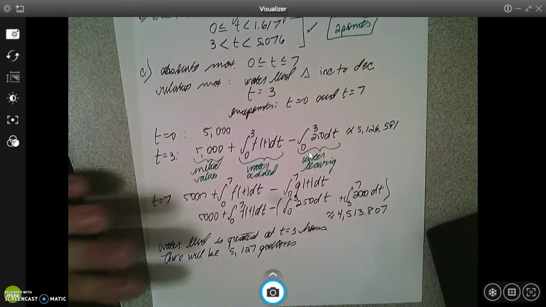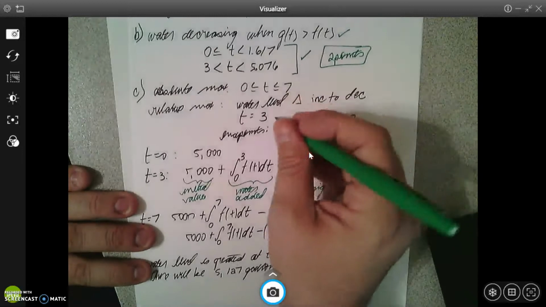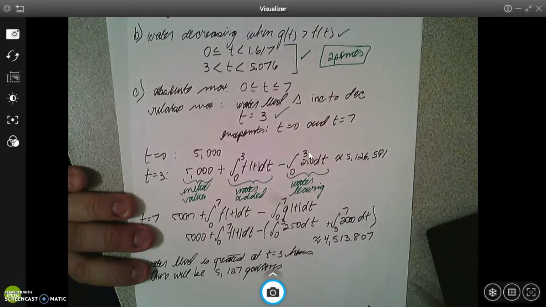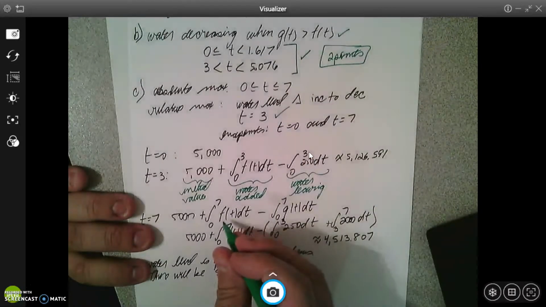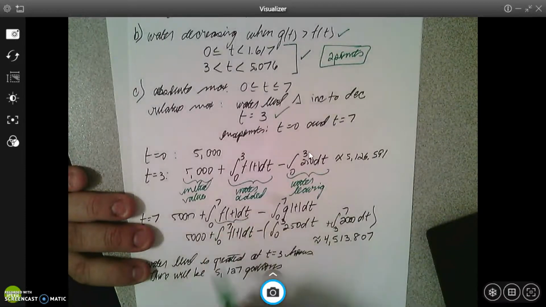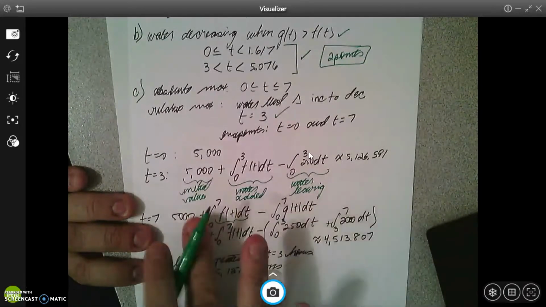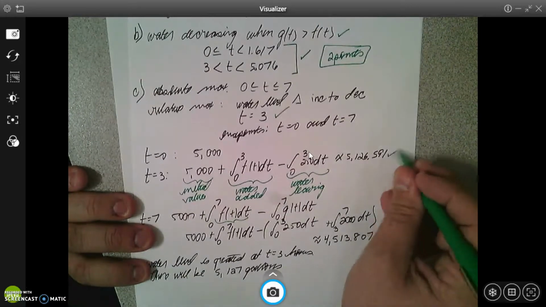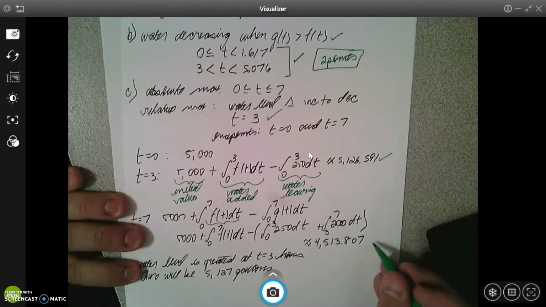In terms of points, 1 point for identifying t equals 3, 1 point for having an integrand correct with the limits of integration anywhere in this analysis, 1 point for the amount of water at time 3, 1 point for the